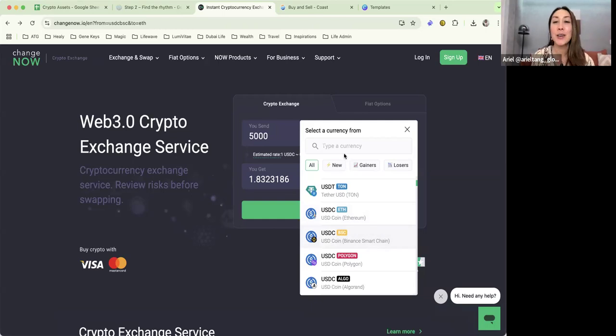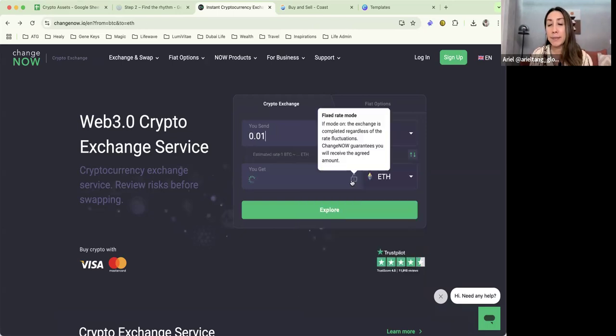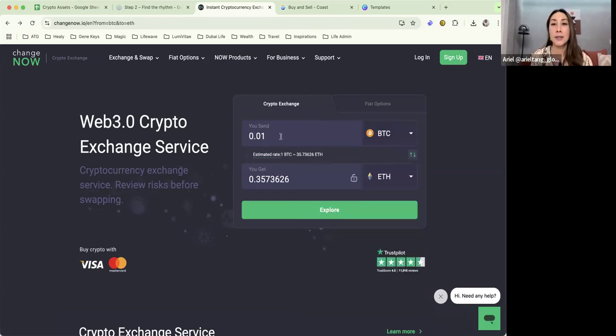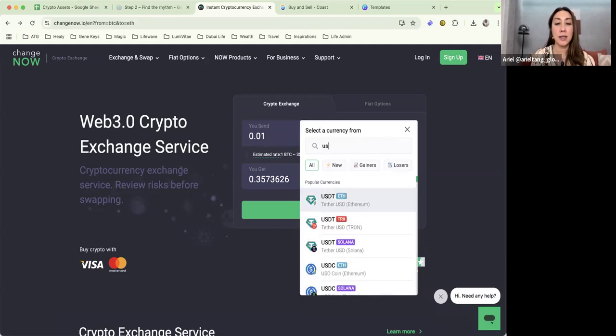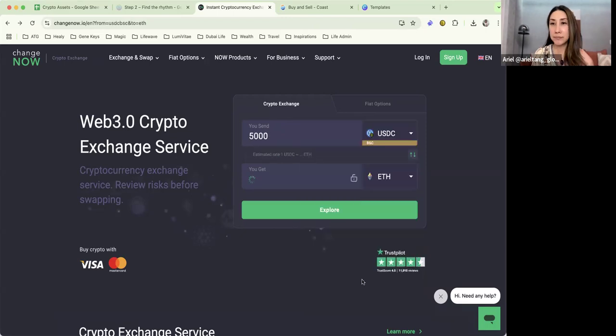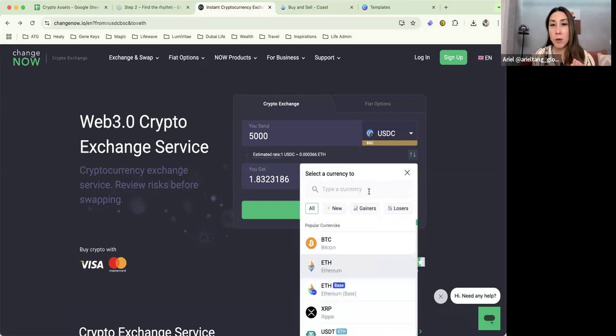Binance Smart Chain. Or if it is actually Bitcoin, you might have some Bitcoin. But let's just stay with USDC, because some people might use Binance to on-ramp their fiat money. They got USDC there, and then they can use ChangeNow.io to get Pulse PLS, the PulseChain token. So here you will be swapping to